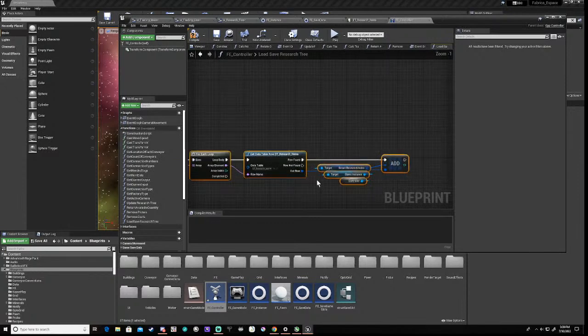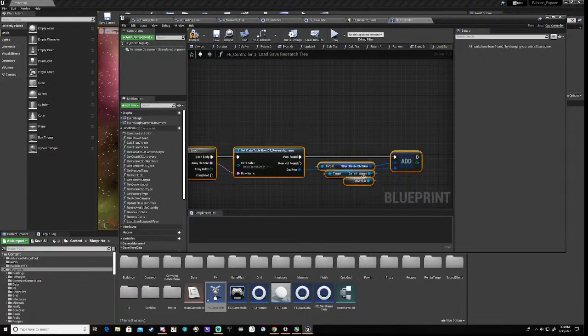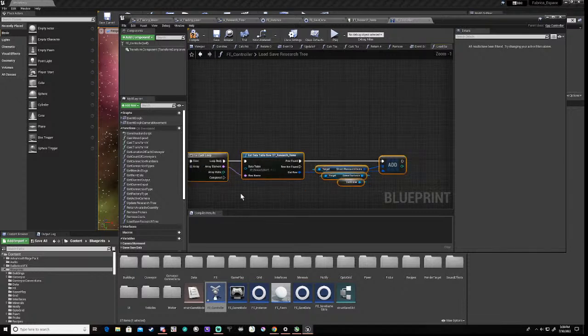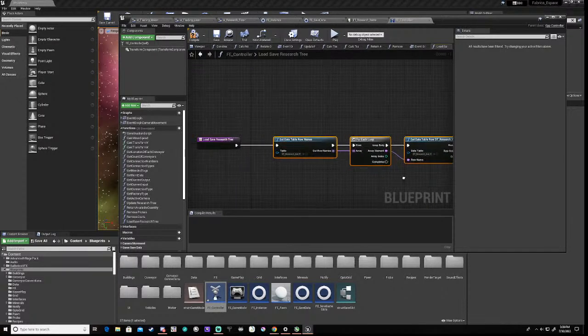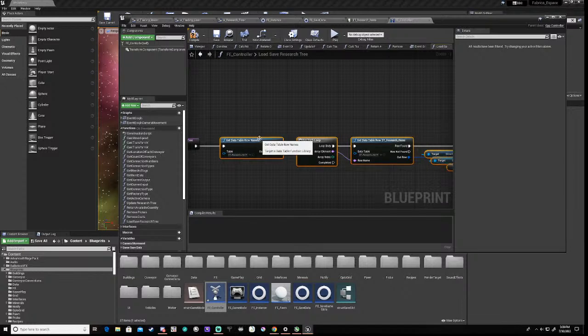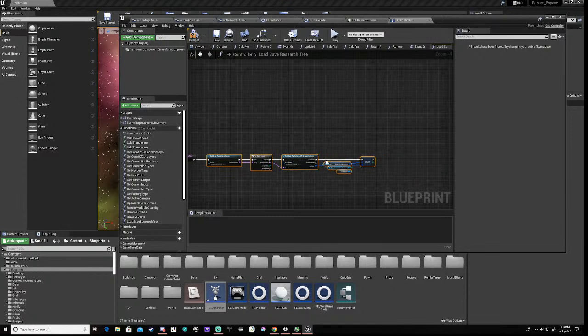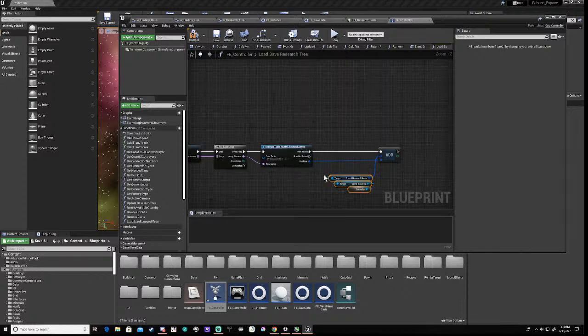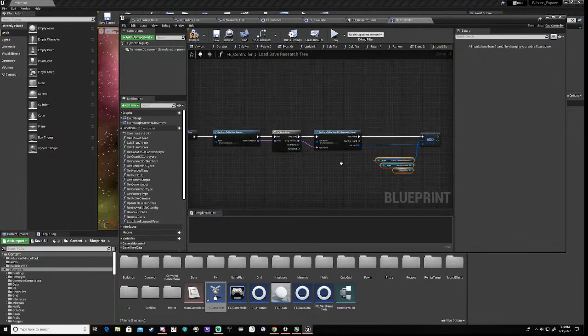Right? Now that's going to set it to the game instance. So is that going to be right? Well, kinda. We do want to set the instance up by default out of the database, right? So when you first start the game, that's fine. But what we have to do is, when this is complete,